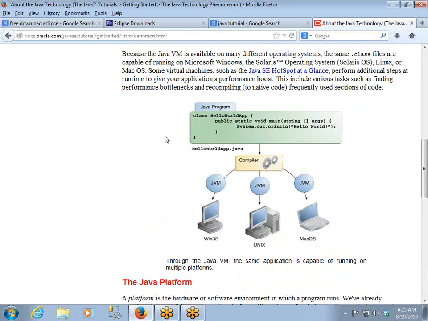So this is the diagram. You can see this class HelloWorldApp. There is a simple program given. Now this is what happens when you write the Java source code. After you compile, it generates a .class file, and this .class file can be given to any virtual machine, and it converts it to the underlying instructions of that particular platform, right? So this is the